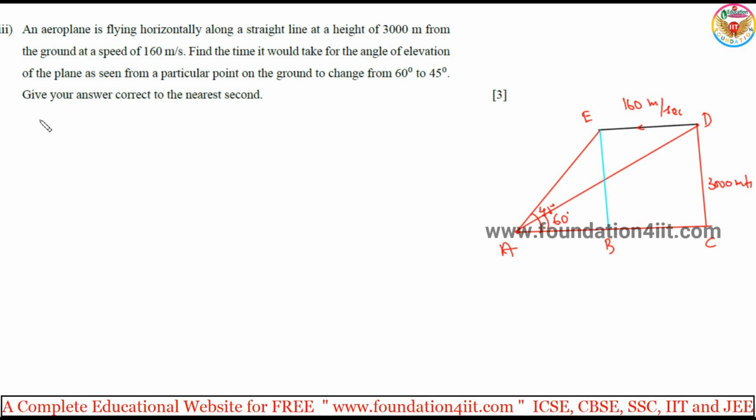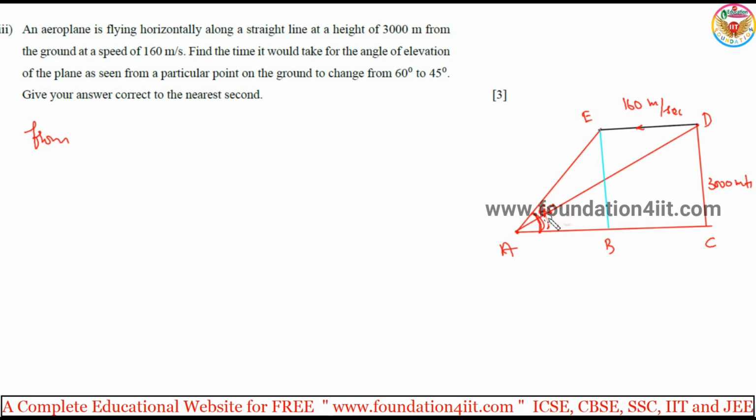Okay. Now from triangle, first let us take one of the triangles. From triangle AEB, or else we can take this. If you take AEB, the highest is 60, right? It is 60 and it's 45. This is the 45 degrees, which is the smaller angle, and the bigger one is the big angle. Traveling, so the distance from one place to the other place is covered with speed. 60 to 45 is the change. Okay, this figure is 60 and this is 45. Let me take this, I'll make it clear.